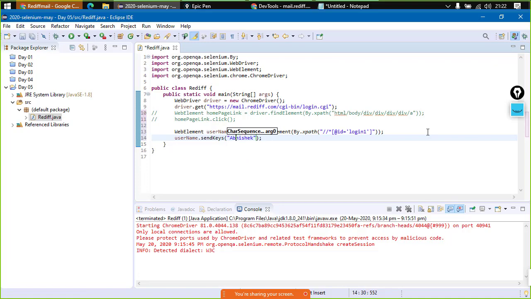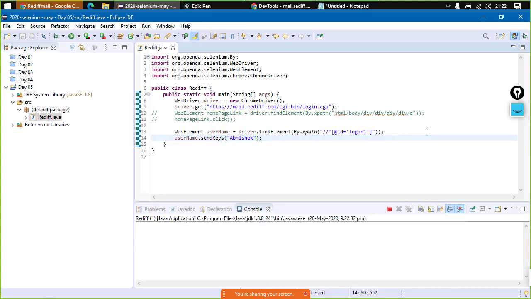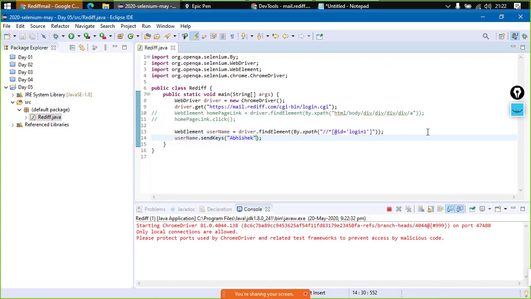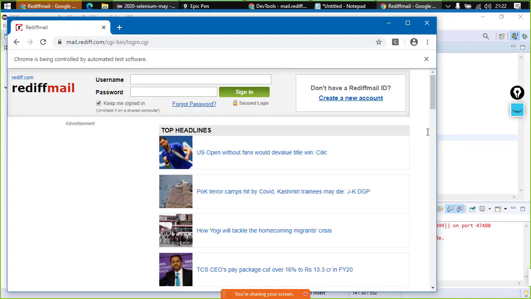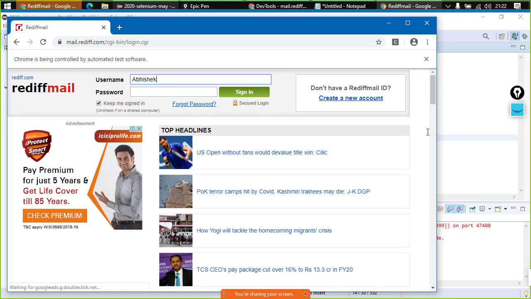Now let us just try running this code. Control F11, right? Now I'm not sure whether this part of code would work or not, right? So the only way to see whether it is working or not is to execute the code, right? And as you guys can see on your screen, the XPath is working fine and the element has been retrieved and we have typed my name as well.